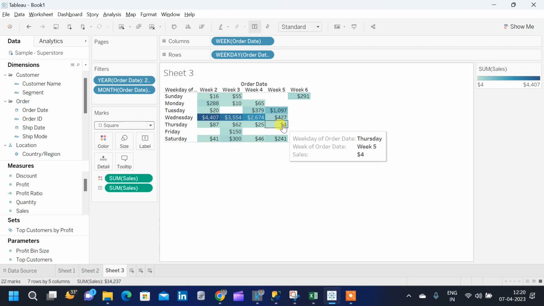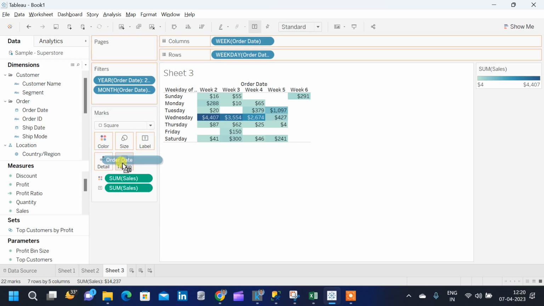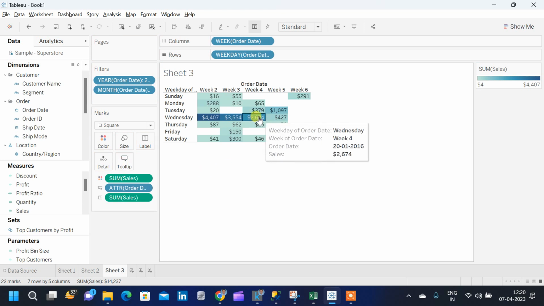Now it is obvious for us to understand what is actually happening within each of the weekdays and each of the particular weeks. Also, instead of having this weekday of order date in the tooltip section, it will be better for us to have the exact same date on the tooltip section. For that, we will take this order date and we'll put this inside the tooltip. Now we will have the order date also inside the tooltip section. Now we know that the order date is 20/1/2016, have a total sales of